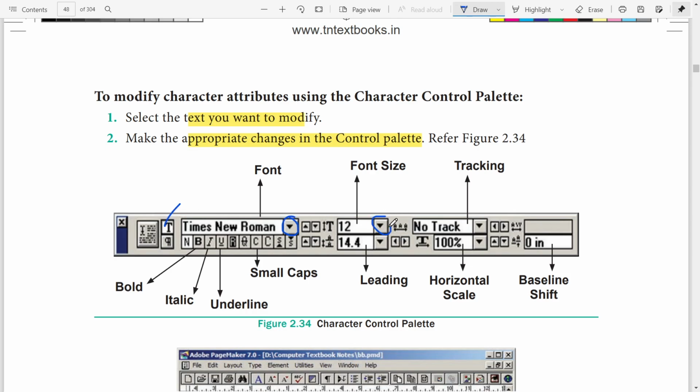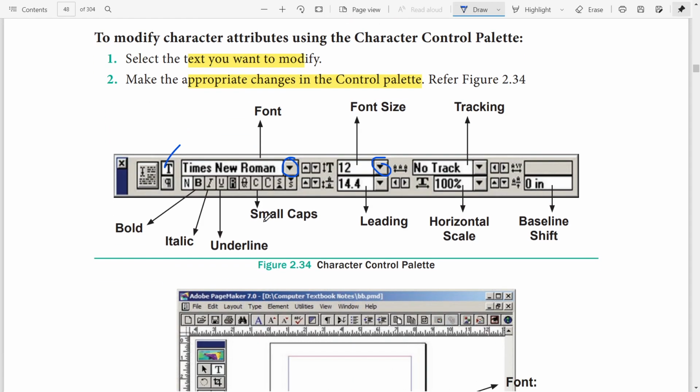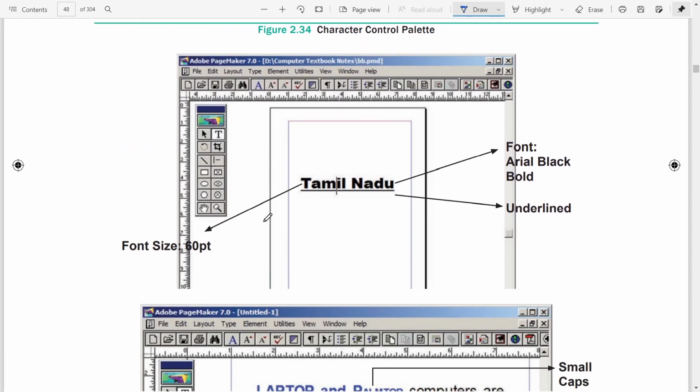Font size, bold, italic, underline, fully capital letter, space, scale. This can be done using the control palette itself. See, font size is 60. Font style is Arial black bold and it is underlined.